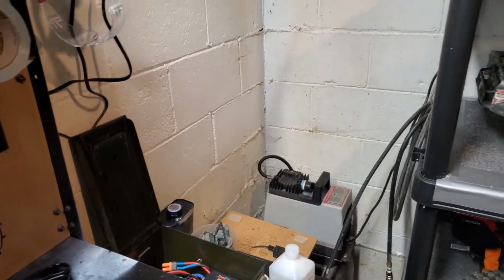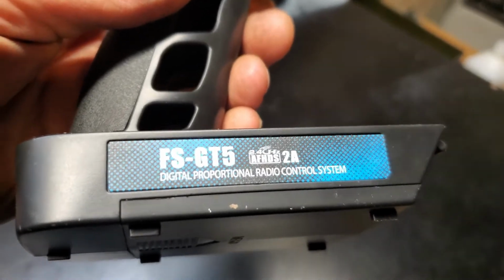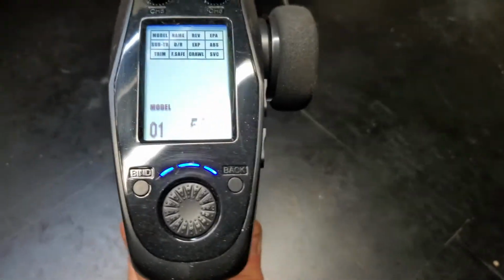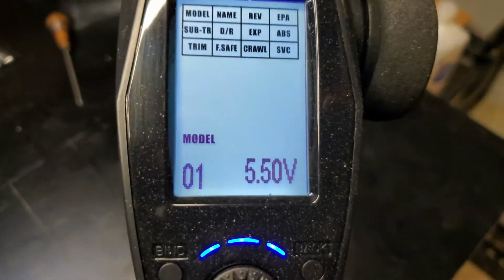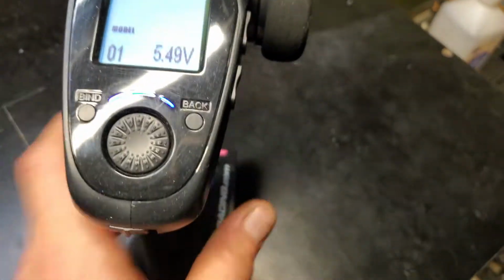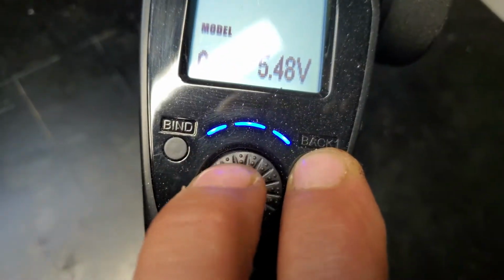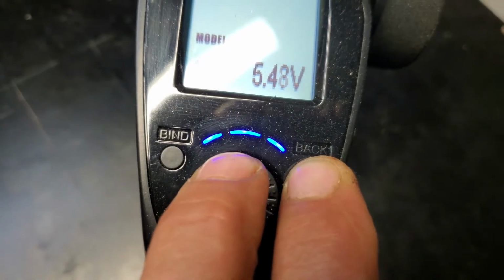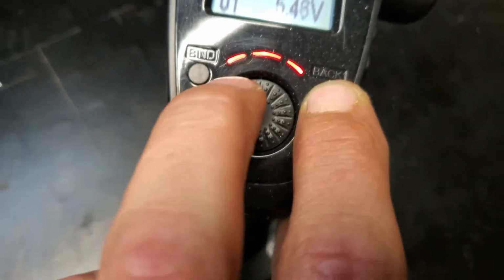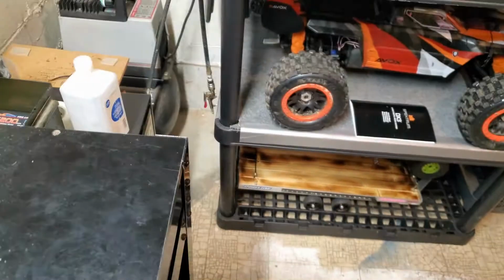I got a new radio for the Kraton. Went with this guy here. This is the FlySky FS-GT5. It's a really nice radio. Turn it on, it shows you the voltage of the radio. You got all your settings there. This is a 6-channel setup. Like these lights here even, I believe that's for battery voltage. Go like this, you can turn them off. I can change the color of them. It's a really nice radio. And I haven't gotten a chance to use it yet because, like I said, I'm waiting on that servo mount